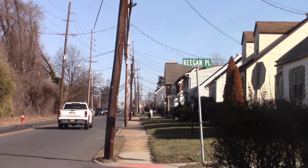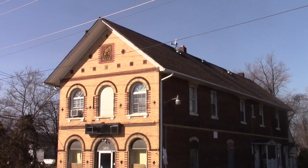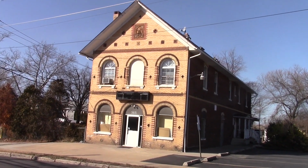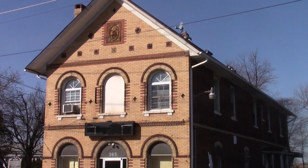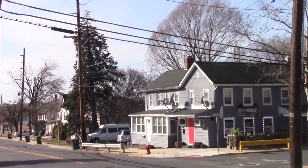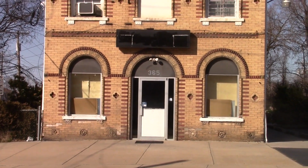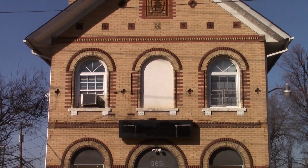Now, this episode is not going to be very long, though, as just stated, this is an important building, especially for the surrounding borough of Sayreville and even beyond. This building, the Sayre and Fisher Reading Room, is an expression of the paternalism of 19th century employer-worker relations. That statement sounds a bit awkward. Paternalism, possibly, but it reads as a force bestowed on both employer and worker relations. I suspect it could have been stated a bit better, but regardless, this building is a rare surviving remnant